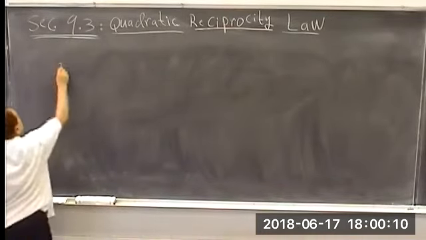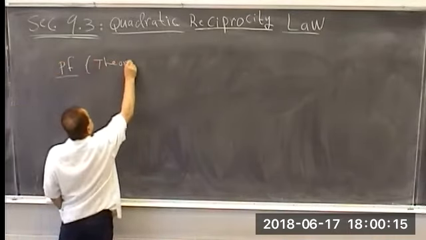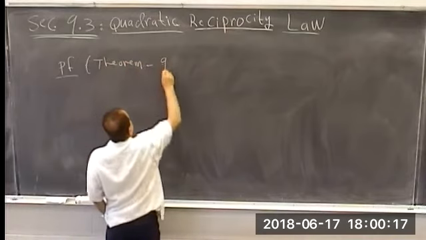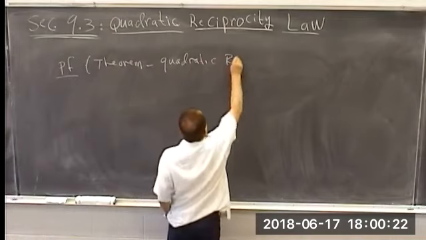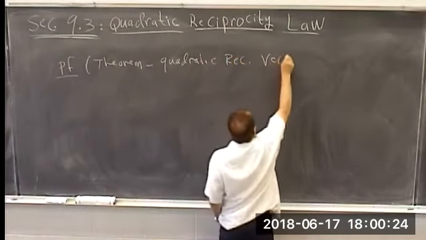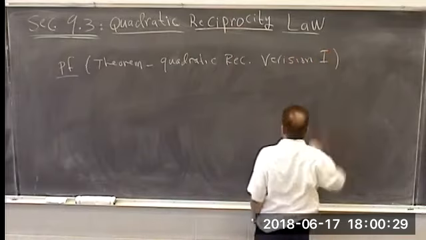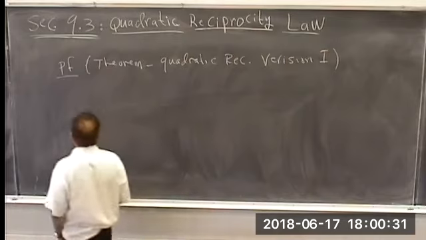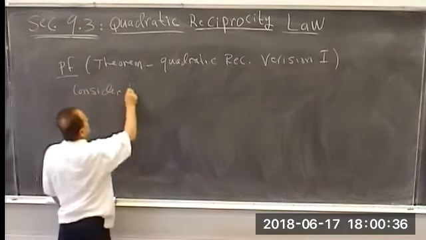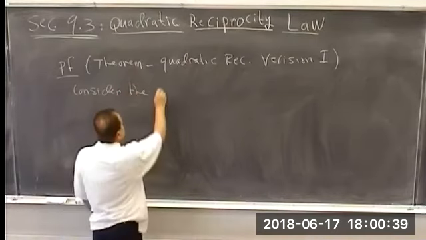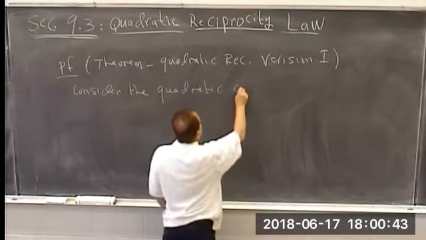So it is the proof of the theorem, which is quadratic reciprocity version 1. Remember that it refers to these two special quadratic congruences,